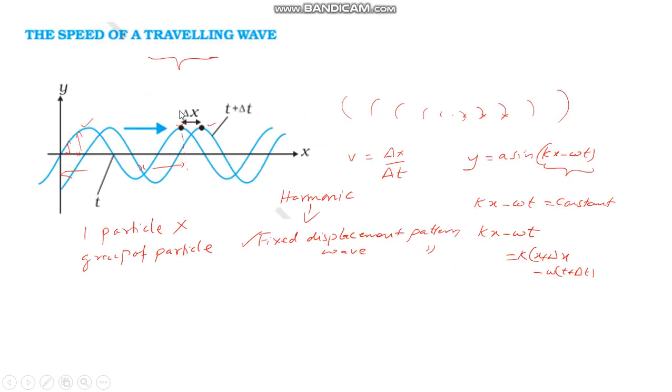Basically, you have to remember that when you are studying a wave, you are not studying just one particle, but a set of particles. But when you talk about the wave, you have to study one particle, because the set of particles are behaving in a particular fashion. And here we are talking about a harmonic wave. If it is some other wave which is not harmonic, we cannot find it out like this. So just make a note of this.